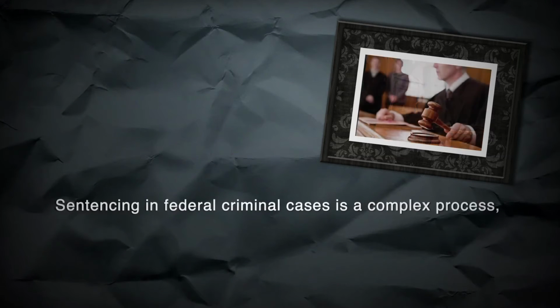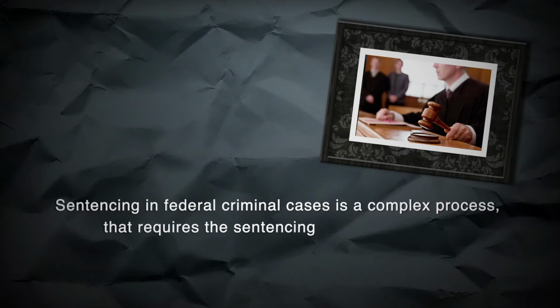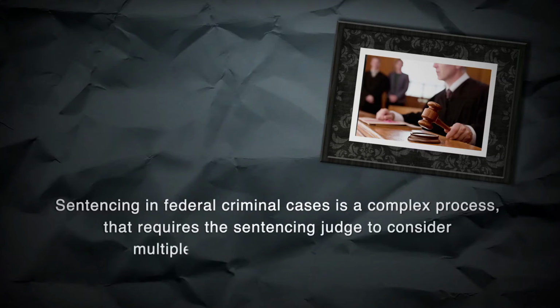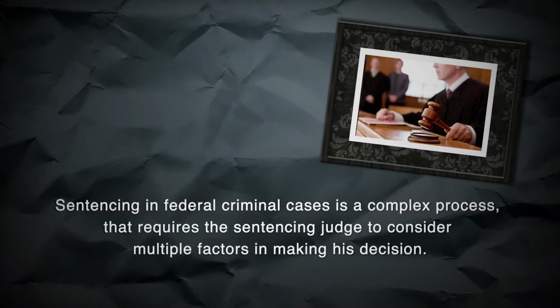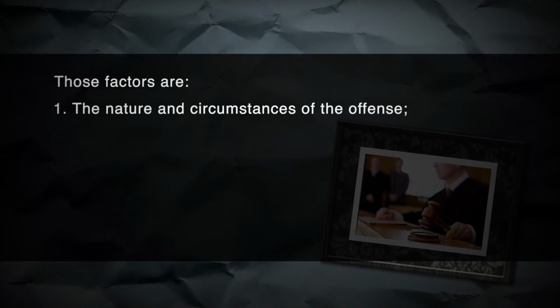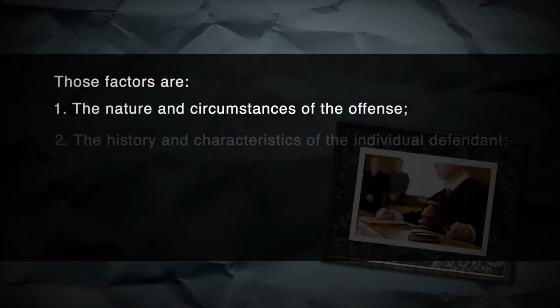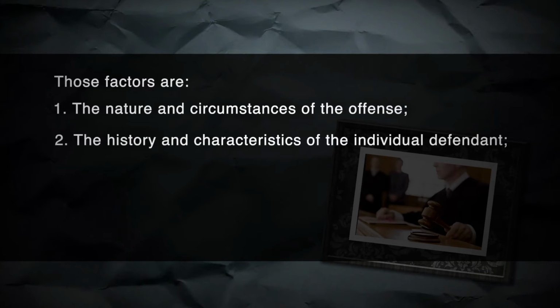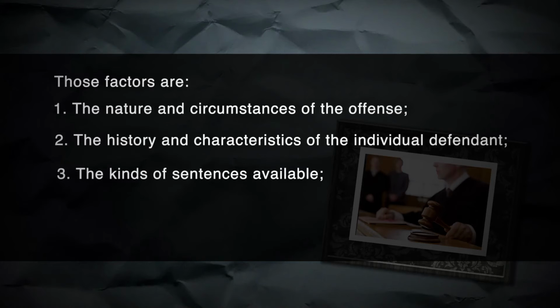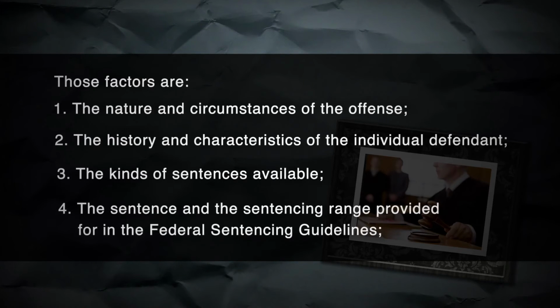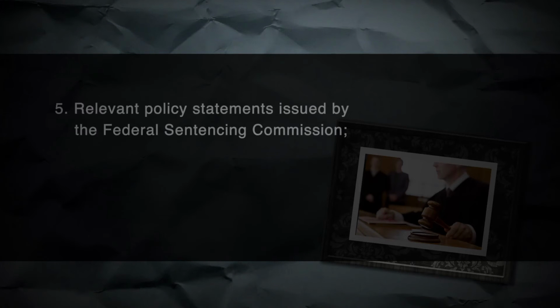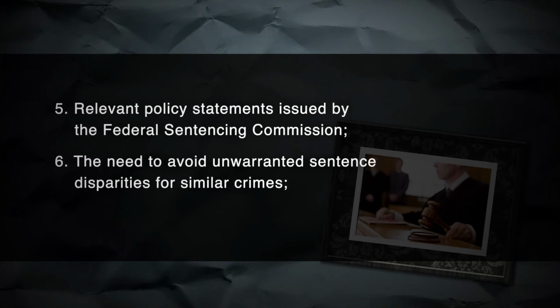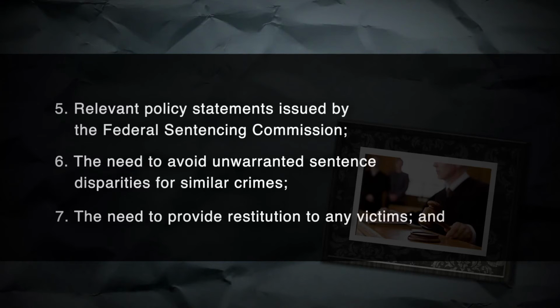Sentencing in federal criminal cases is a complex process that requires the sentencing judge to consider multiple factors in making his decision. Those factors are the nature and circumstances of the offense, the history and characteristics of the individual defendant, the kinds of sentences available, the sentence and sentencing range provided for in the federal sentencing guidelines, relevant policy statements issued by the Federal Sentencing Commission, the need to avoid unwarranted sentence disparities for similar crimes, the need to provide